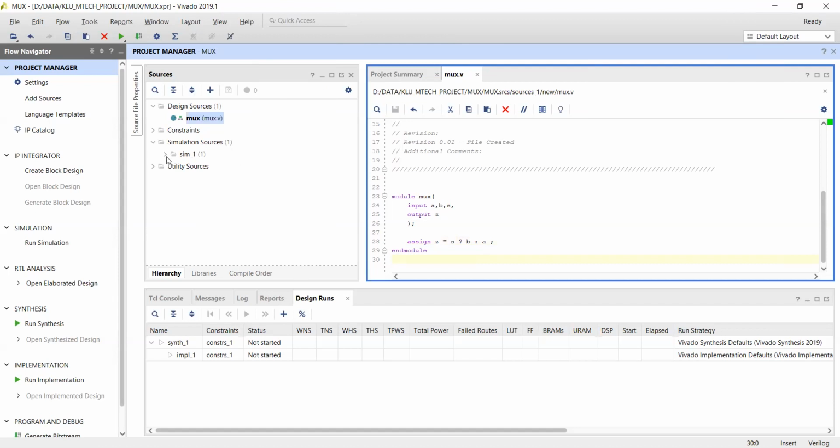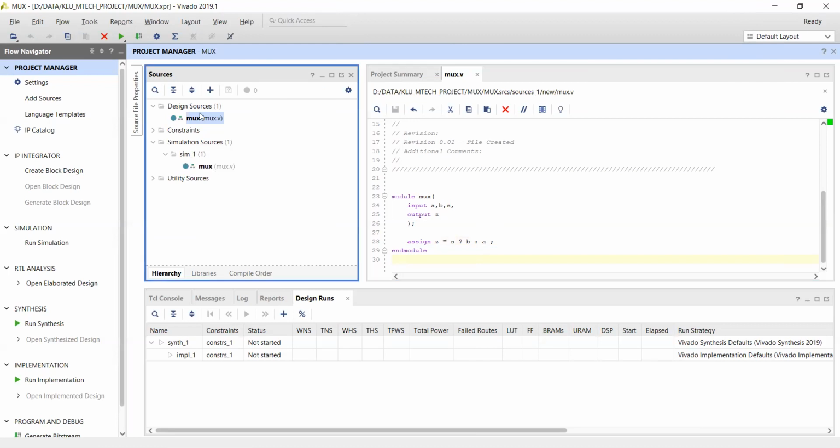Now I want to run the code. In the synthesis part, you can see the mux is also existing. In the design source, mux is also existing. If you want to run the simulation, automatically the simulation source will be activated. So in the Flow Navigator window, go to simulation and click on run simulation.